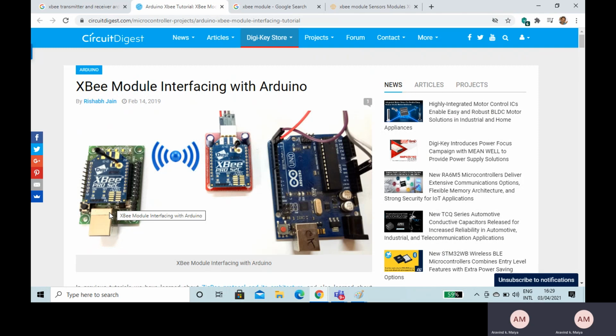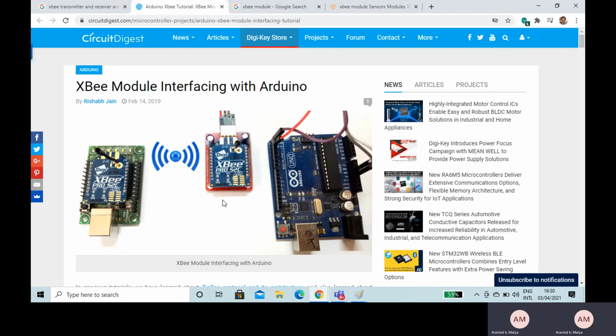Now we need to send data from the XB transmitter to the XB receiver. How do you make one as transmitter and one as receiver? You will have to make one device the transmitter and one device the receiver.